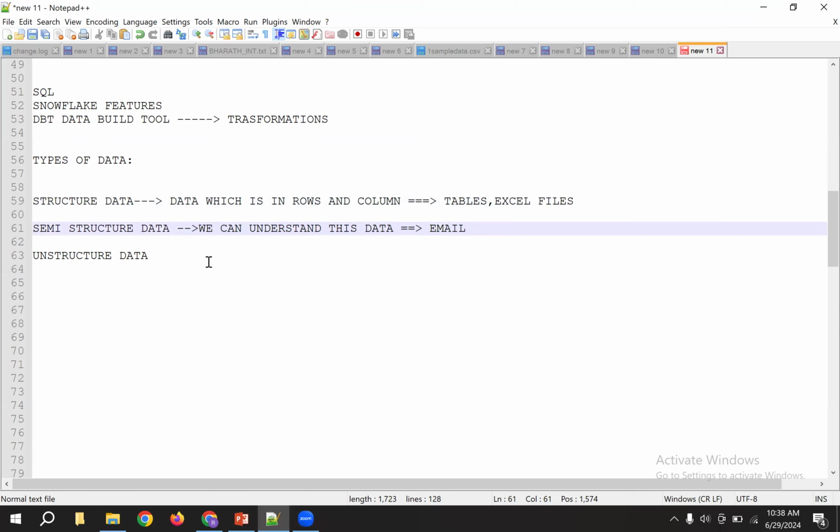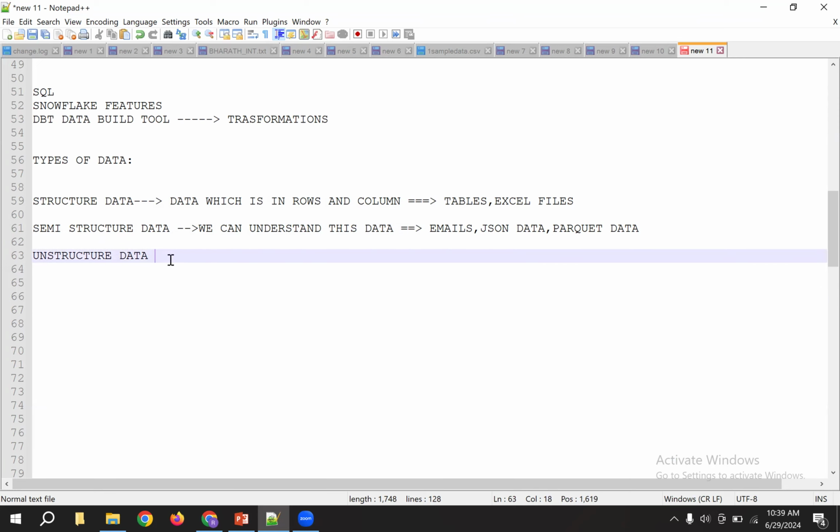Email is semi-structured data. JSON data, we have Parquet data. So these are semi-structured data. The data is not in a proper form, so we need to make it into a structure. We need to load the data.